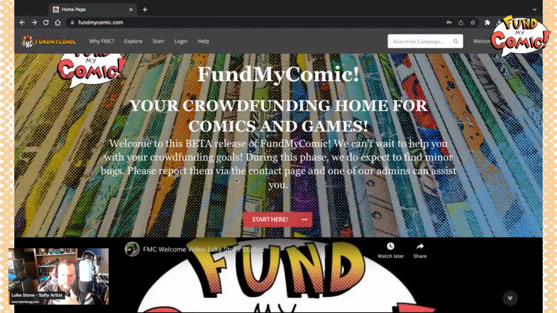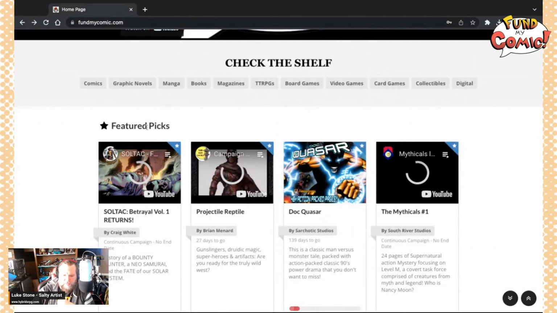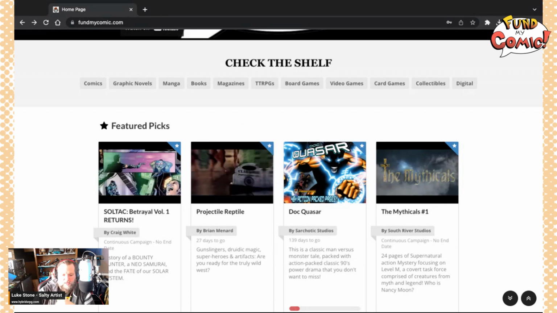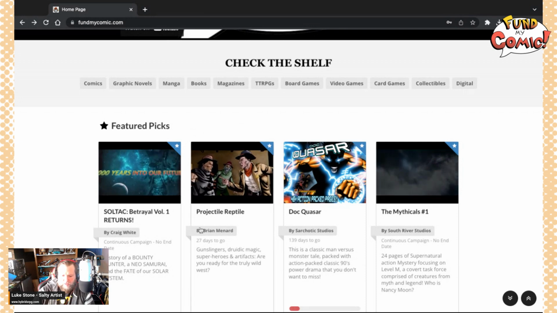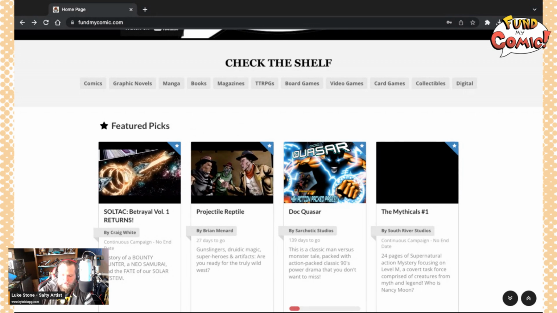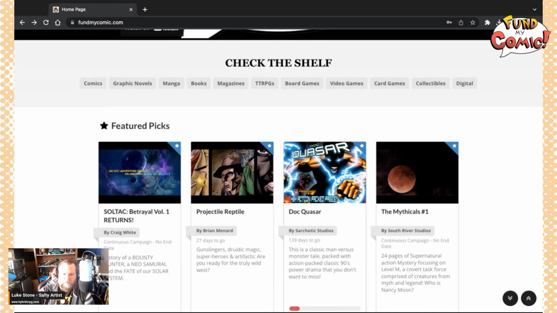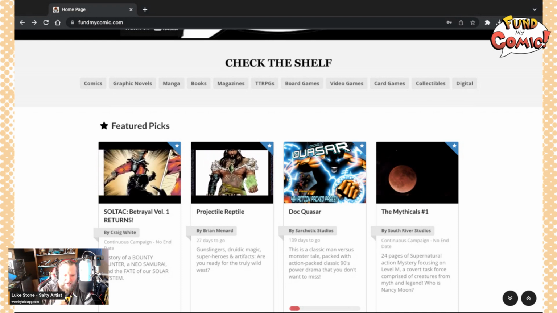So once you've, you can look through all of these campaigns and see. One thing to note is that featured picks are actually chosen by you. When you choose to tip the website, that is triggered in our system, and we go in and we put in the featured picks based on who you're recommending by tipping the website. That money does go to us at FundMyComic, but it goes to improve the website, add new features and things